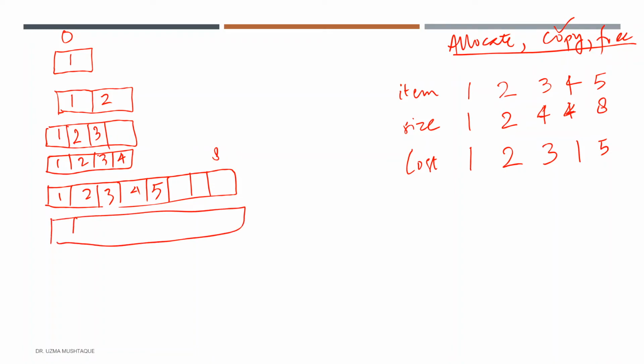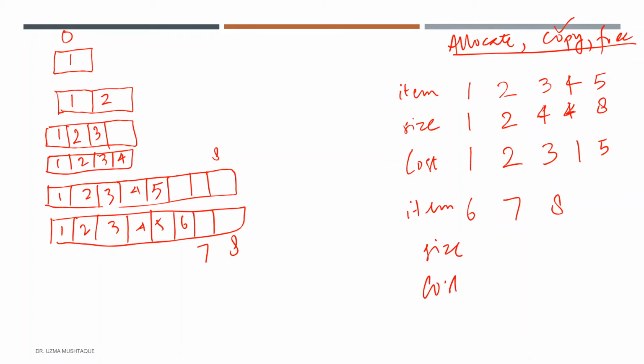Now notice, I don't have to double or do anything to this because I already have enough space, right? So 6 stays as it is, and then I still have space for the 7th and the 8th element. So if we think about it, okay, there isn't enough space left. Let me write it like this, 6, 7, 8. Again, this is item, size and cost, just so that you don't get confused. So for the sixth item, size will stay 8. It stayed 8 for a very long time, and the cost was just 1, right?